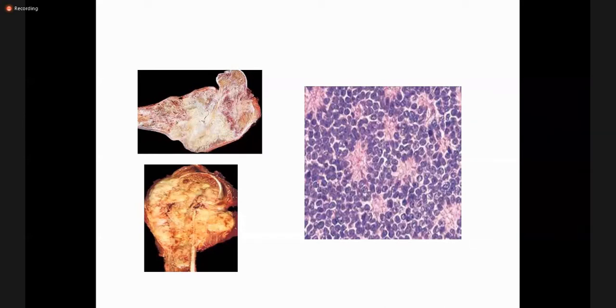And again, molecular studies are very important for the diagnosis of Ewing sarcoma. There is involvement of the EWSR1 gene. The most common fusion is the EWSR1 and FLI1 gene. These fusion genes are found in 90 to 95% of the patients. For the definitive diagnosis of Ewing sarcoma, you also need the molecular studies, which are the gene fusion studies, EWSR1 and FLI1 gene, which are very much diagnostic of the Ewing sarcoma.